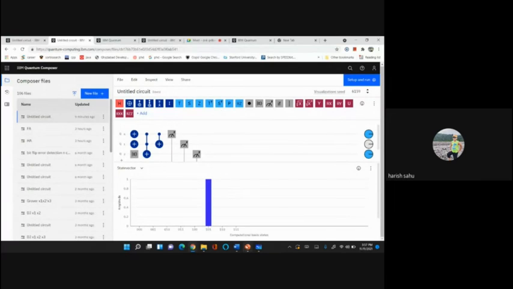So far we have covered how quantum circuits are different from classical, and how we can create reversible gates or reversible circuits from their classical versions, which can be run on quantum computers. We have also seen a small example of how to use this composer, create a quantum circuit, and run it on a simulator and on a quantum computer. I think I am done with the agenda of the talk. If any question is there, you can ask me.